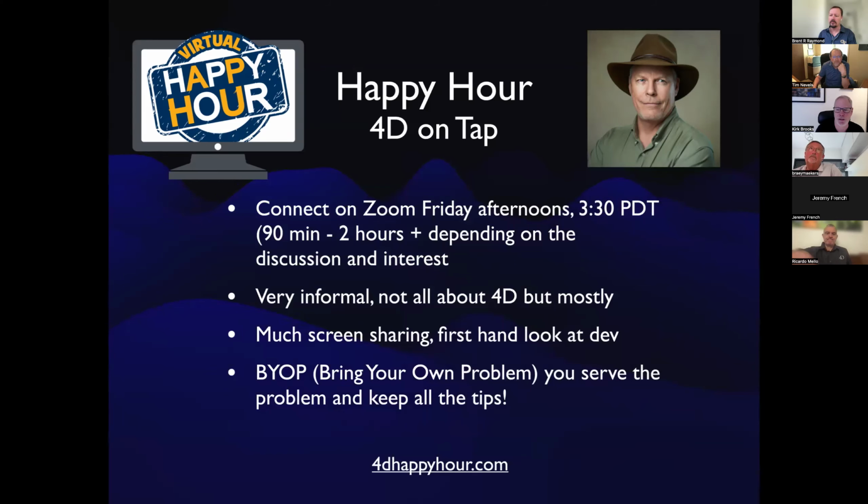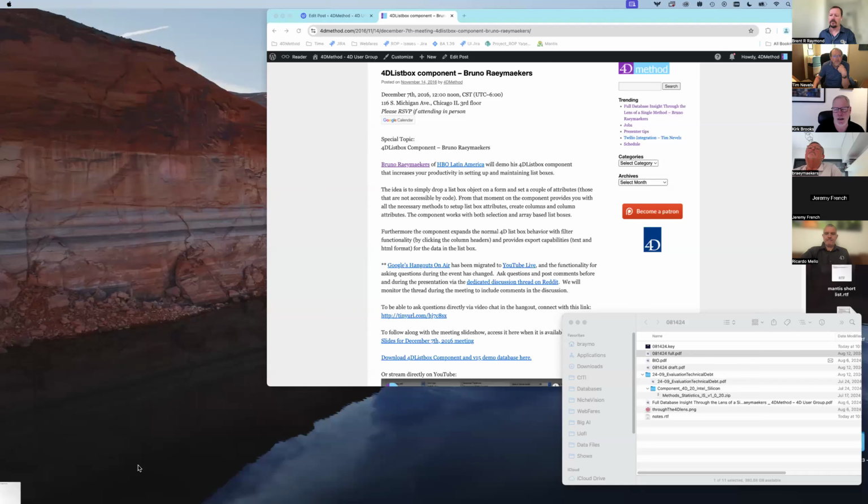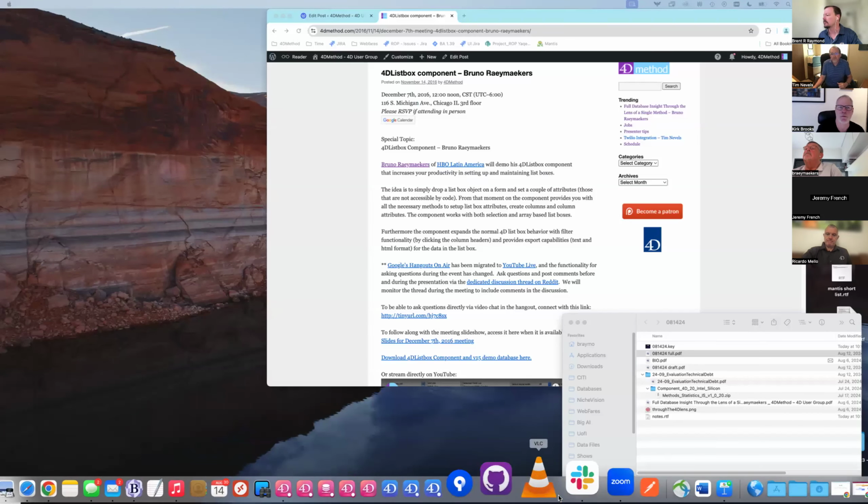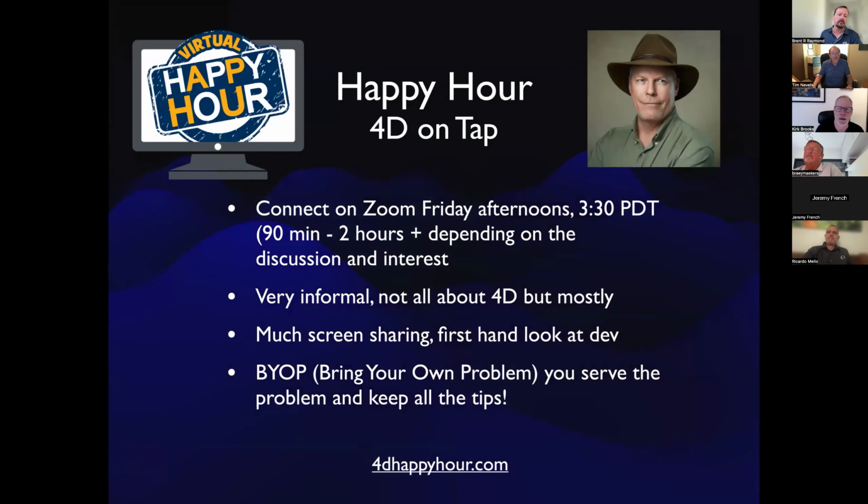Another thing we did recently was Angel Vasquez took me on a deep dive into implementing Docker on a Macintosh in this case. Not strictly a 4D related thing, but it turns out running Docker uses the same process, the same methods as running GitHub Actions. So there's a way to effect some crossover between the actions that you want to perform on GitHub and actions that you might want to perform directly on your laptop.